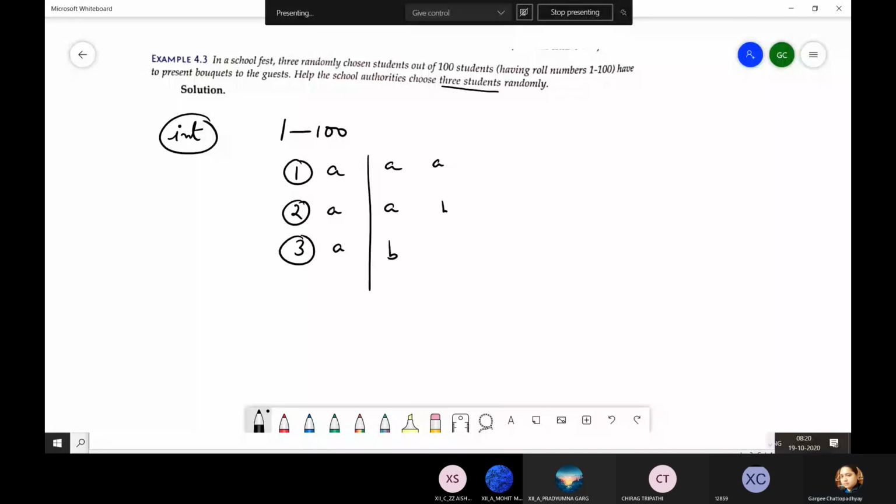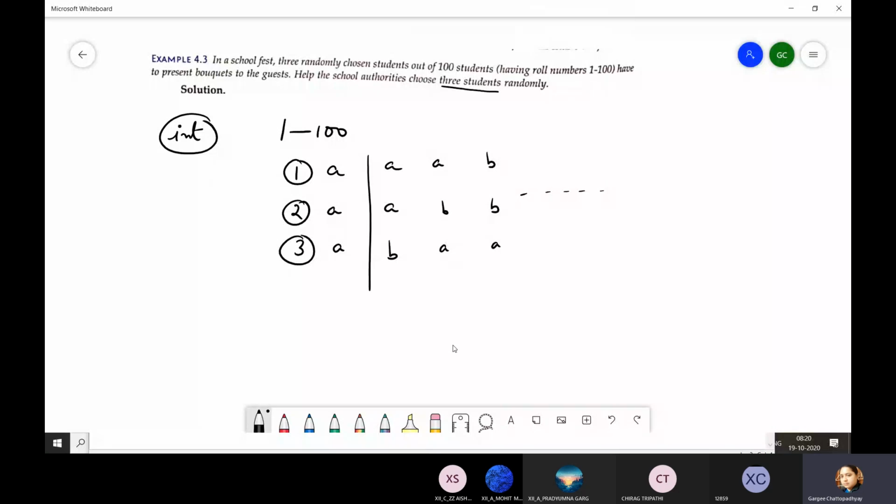This is a small catch I'm giving you. Either all three will be the same or any two numbers would be the same. So what I need is three students and three distinct roll numbers. So I have to also make sure that the roll numbers of A, B and C are three different values. So which technique am I going to follow here?